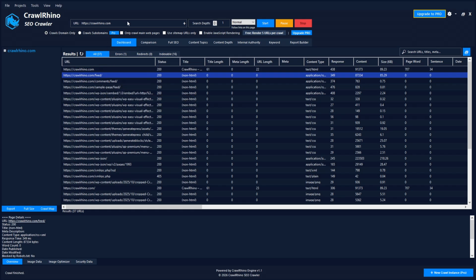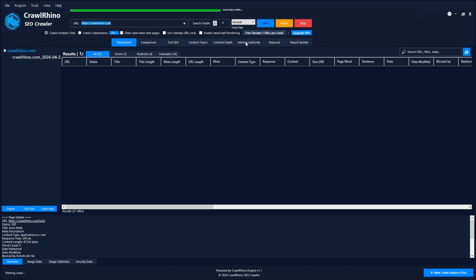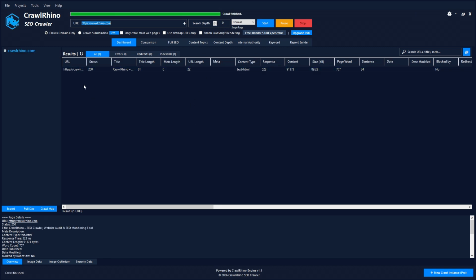Now another thing that you can do, if I was to then enter crawlrhino.com again, you're going to notice in the tree view, it now has a timestamp. You can see the date and the time when you ran a crawl. As you can see, CrawlRhino's is there. Now, if I was to go ahead and click on start again, so do another scan, but this time let's just do the single page and go start,